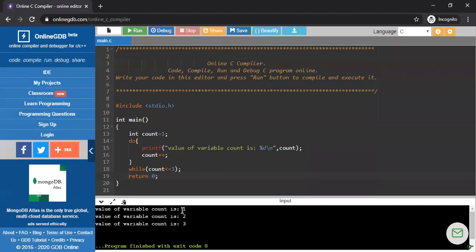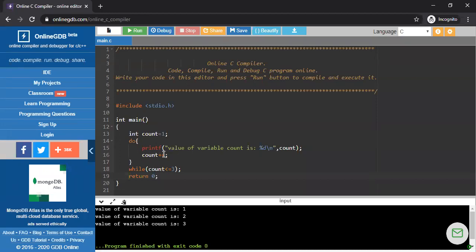So which is 1? It is not a problem, because I directly initialized with 1 and simply print here. So the value is 1. No problem. After that, I increment this count by 1. So now my count value is 2.